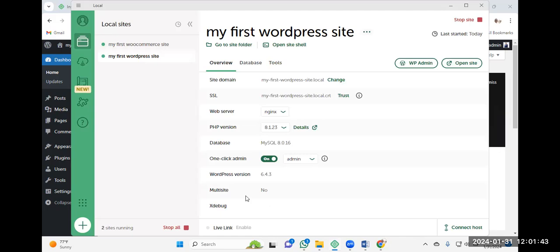See one more thing. So these are the basic things, friends. If you want to stop this site, you can stop. Now open the site. The site may not be open.